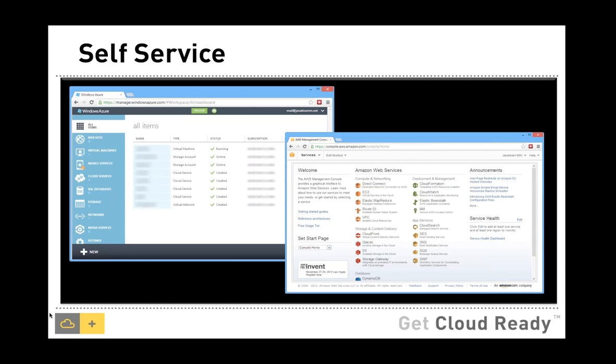The next one is self-service. We have just seen an example of going through the launch wizard of EC2 or Windows Azure. This actually puts the control in the hands of the end user. Gone are the days where you have to plead with your manager or your IT team to give you a server, and then deal with a lot of IT restrictions, policies, and so on.